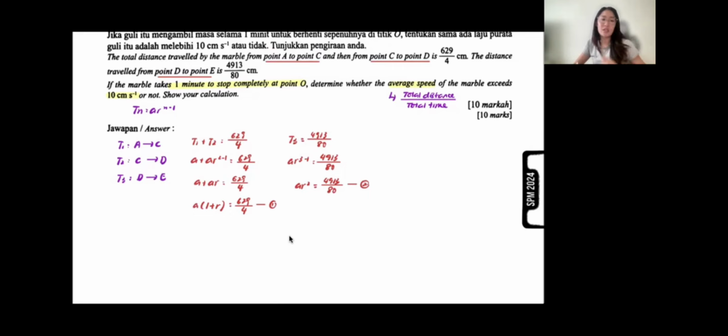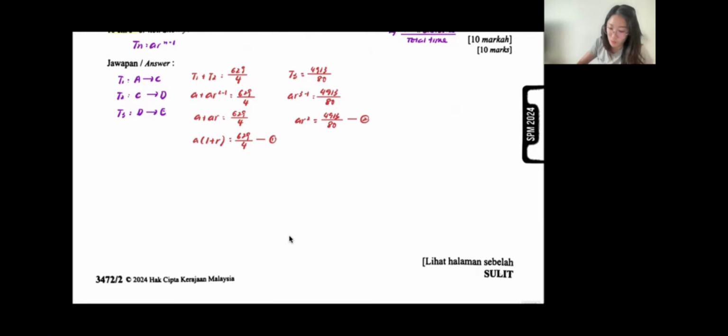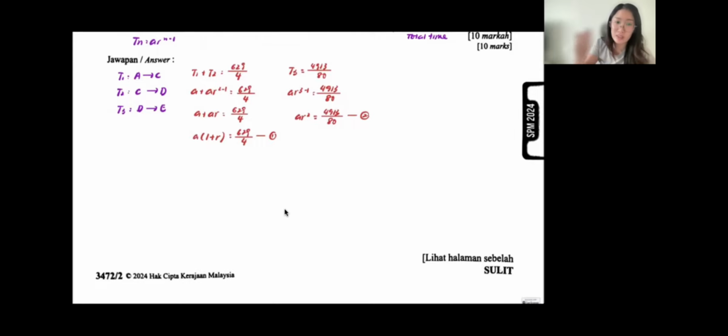Okay, guys, over here, if you want to do simultaneous equation, of course, you can do substitution. All right, you can. Elimination for GP, which is terms with multiplication and division, if you want to do elimination, you can. All right, you will have to divide either equation 1 with 2 or 2 with 1, not minus. Okay, so I will usually take the bigger power, divide with the smaller power. If you want to take 1 over 2, you can do it, no problem. Okay, so what is this? This is AR square over A times 1 plus R equals to 4913 over 80 divided